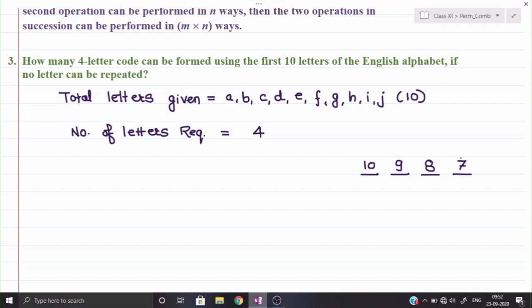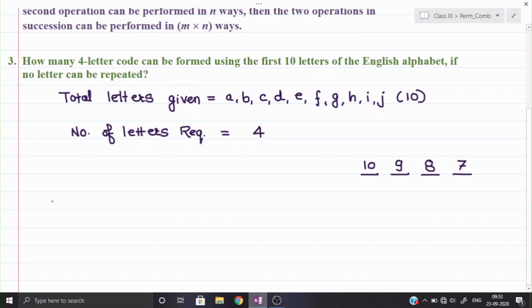For example, suppose you have 10 chocolates, and one by one 4 friends are taking one chocolate. The first friend has taken the first chocolate, then the second friend will choose from the remaining 9 only, then the third friend will choose from the remaining 8 only. So the choices will be fewer for the persons who come afterwards.